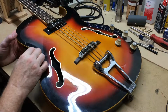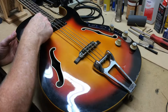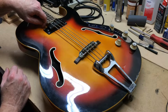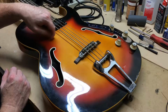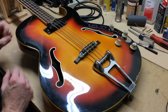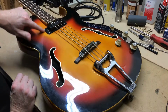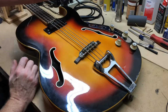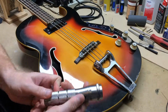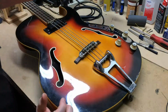There is some checking, and I'm going to grab the camera and do a handheld, but there is some cracking in the finish, and it actually, can you hear that? That's my fingernail going across a crack in the finish there. And I've already checked. I've got a really bright LED light here. Can you see? Really bright LED light there. And I turned all the lights out